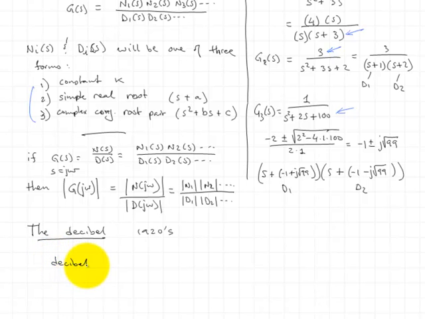Decibel of A, some quantity A, is equal to 10 times the log base 10 of A over AR, where AR